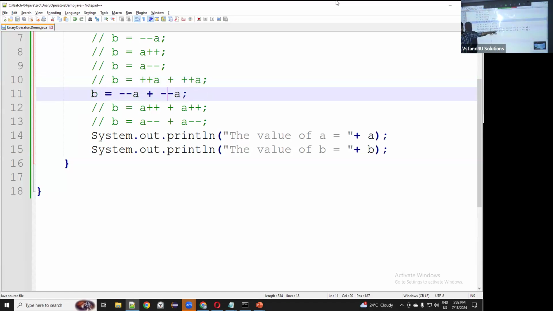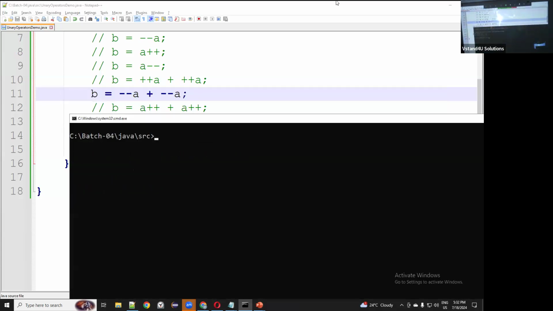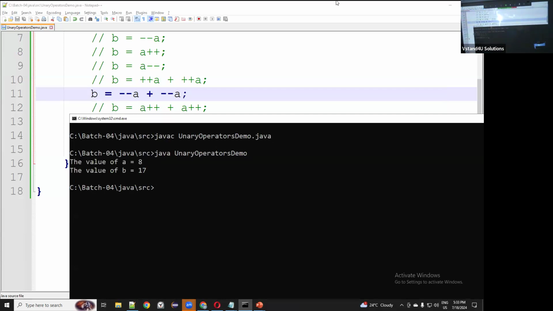Then pre-decrementation is there somewhere? Yes or no? Answer. A is 8, B is correct. See, we are typing the code just to re-ensure everything is correct as per our understanding. It should not happen that we understand something else while Java is saying something else. Just to re-ensure, I'm showing you that. This code is not complicated for you now.